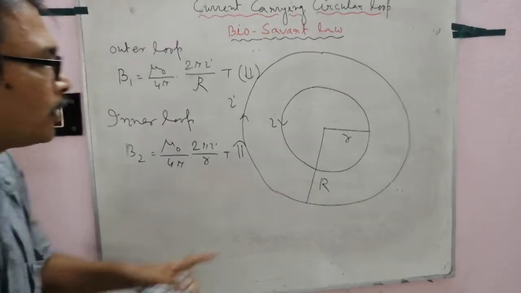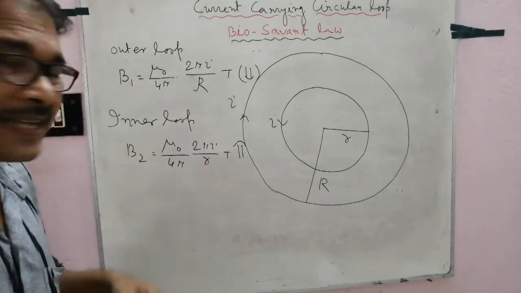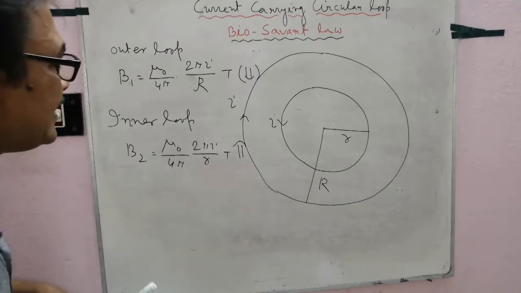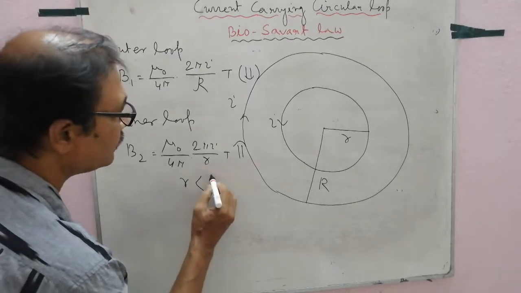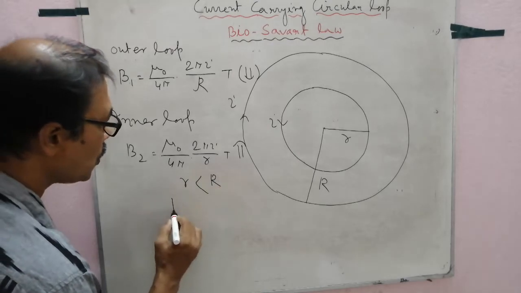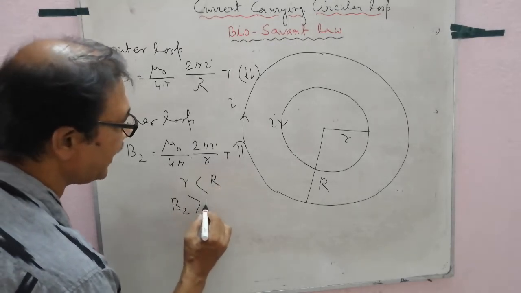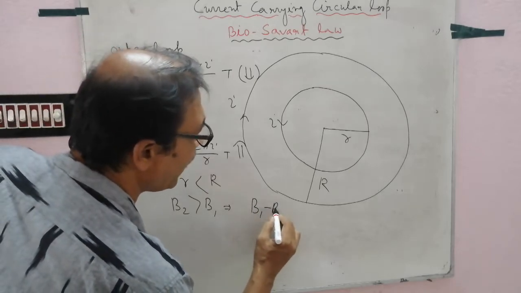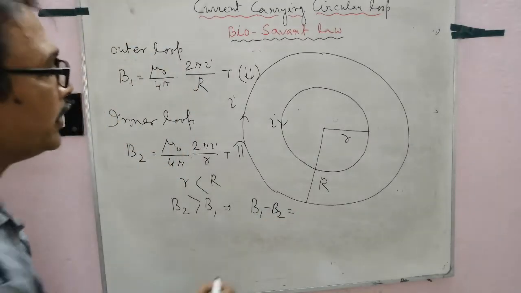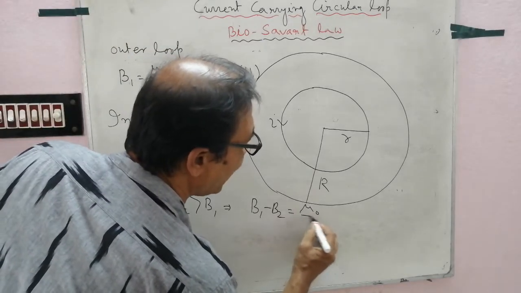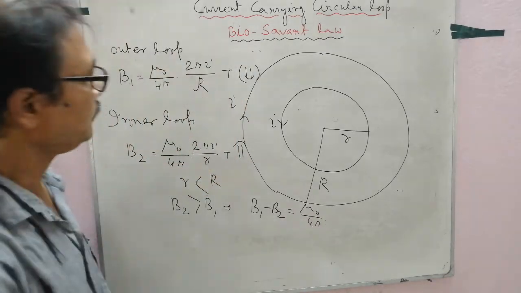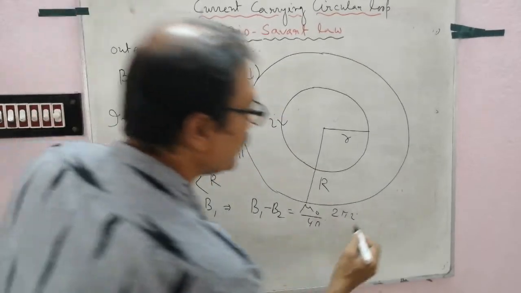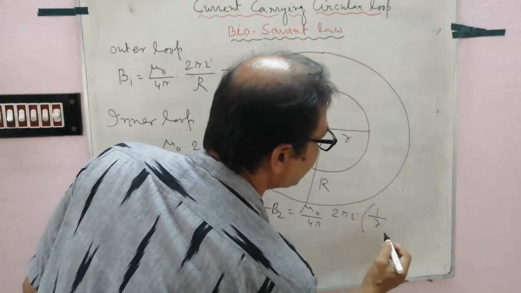So the resultant field at the center will be the difference, because B2 is greater, since R is less than R. So B2 is greater than B1. So the magnetic field at the center is B1 minus B2, and you will get the result: mu 0 by 4 pi into 2 pi I, 1 minus...